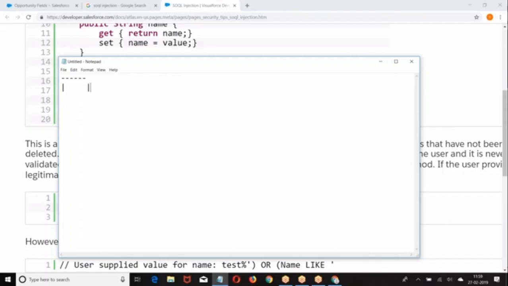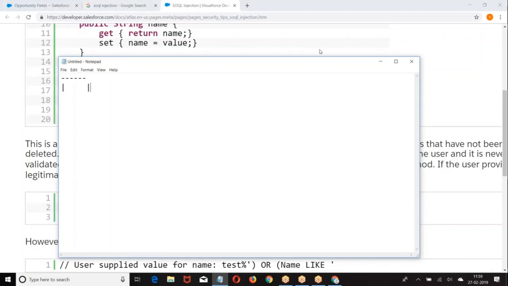Now, whatever we enter in the input text box, what will it do? It will directly take that value and append it to the SQL query. Now, this code will execute, right? It will execute because whatever we entered in the input text box is taken and added to the string. There is nothing wrong with the form of the string query, because whatever you entered, I took the data and appended it.